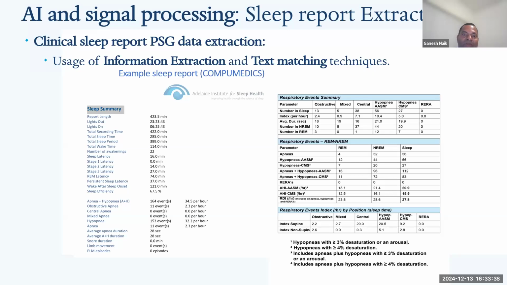But what they don't do is they just generate the sleep report for an individual, but there is no provision to get certain parameter calculations. So when I was working at the sleep lab, we had this issue, and clinicians